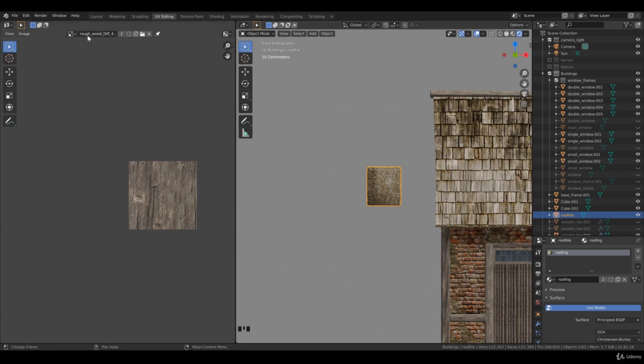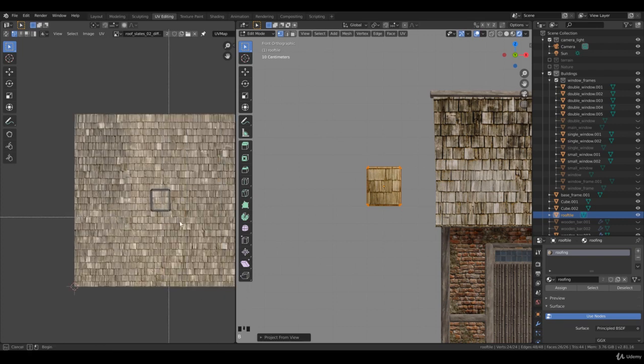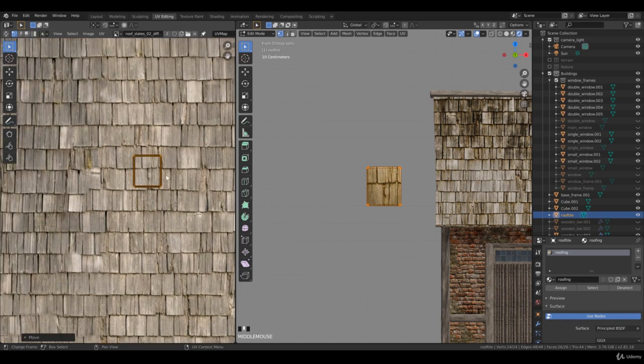And of course we need to go to the roofing, roof slates. Where is my texture? There we have it. Let's go for a project from view. You don't want to have the cube projection, and I want to have just a random roof tile,